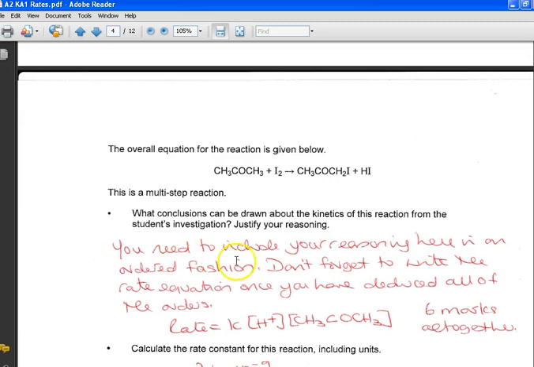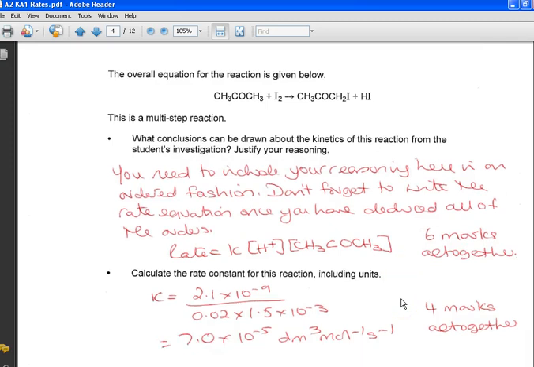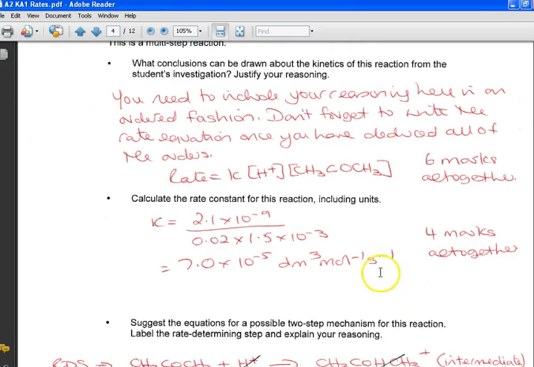So if you're going to get the 6 marks that are actually allocated to this part of the question, what conclusions can be drawn about the kinetics of this reaction from the student's investigation? Justify your reasoning. The reasoning I've just given you needs to go in here in a coherent way, in good English, written properly using scientific terminology. And then obviously if you've got the right rate equation, there shouldn't be a problem calculating